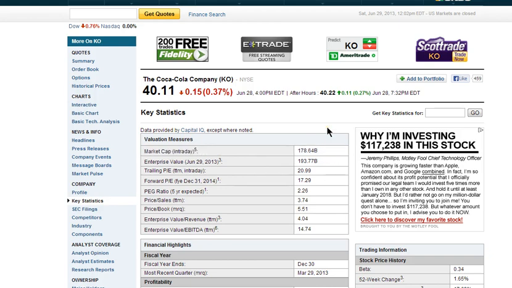Now basically, large cap stocks are any stocks that have a capitalization over 10 billion. You can see that with 178 billion that Coca-Cola is well above that. So definitely a large cap stock. Mid cap are considered to be 2 to 10 billion. Small cap are 300 million to 2 billion. Anything under 300 million, I'll just call penny stocks. Some people break it down a lot further than just these 4 categories, but this is good enough for our purposes. Okay.